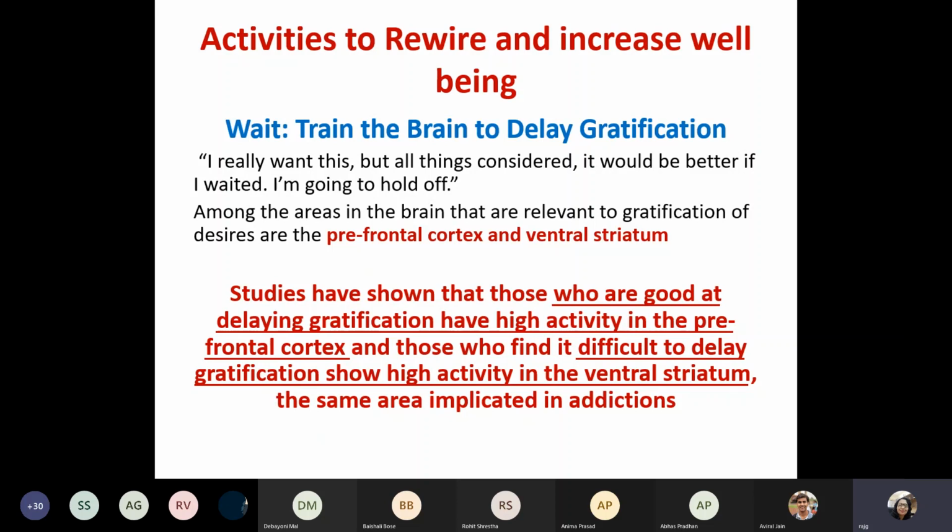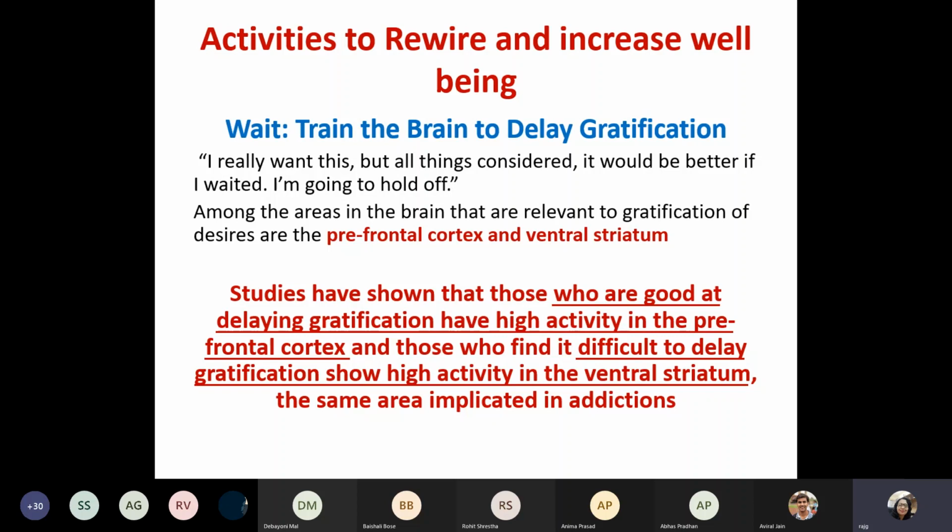Now, delayed gratification means, say, if you want an ice cream right now, can you wait for not having it now and having it a little later? Or if you want a book right now, can you wait for a little later, rather than just at that point in time going and buying the book or ordering it on Amazon? That task itself is also an action towards gratification. Even if you get the book after 3 days from Amazon, it's not delayed gratification. You have immediately taken up that task.